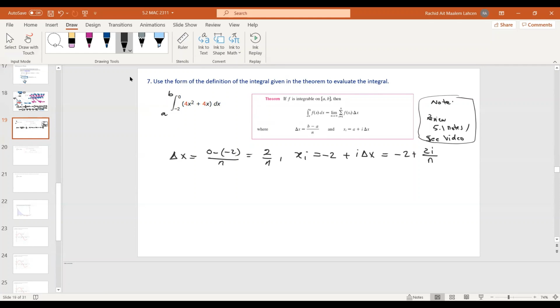Now we set up the integral, which is the integral from -2 to 0 of 4x squared plus 4x dx, which is equal to this limit with the summation i from 1 to n of f of xi delta x, equals the limit of i equal 1